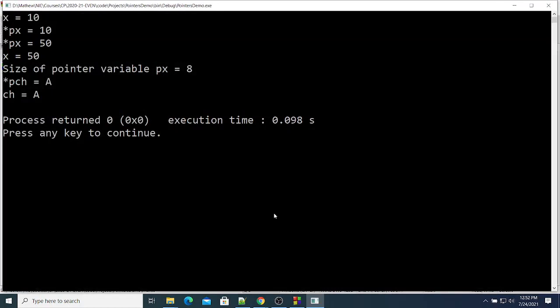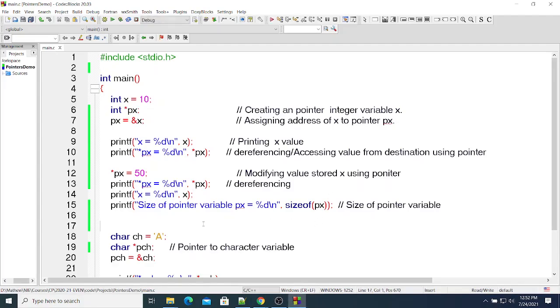Now the size of the pointer variable, as I told yesterday, need not be the same as the size of an integer. Size of integer is 4 bytes on my machine, but size of pointer variable is 8 bytes, because we are storing a memory address. The size of the memory address will decide the size of a pointer variable, because in a pointer variable we store memory addresses, and the system I have is a 64-bit machine,